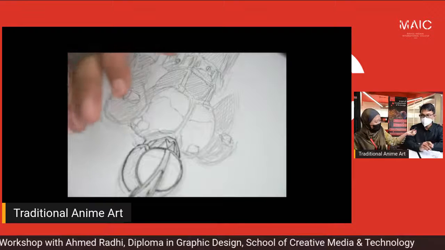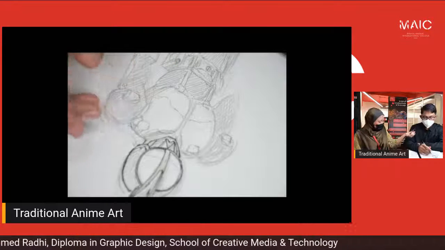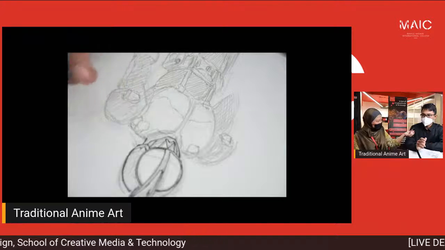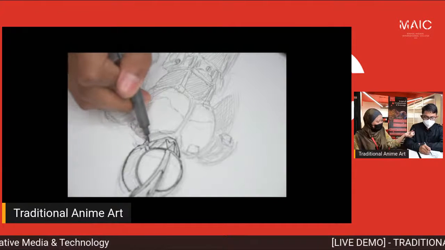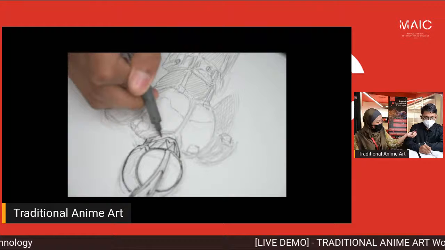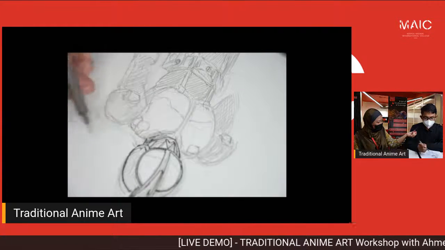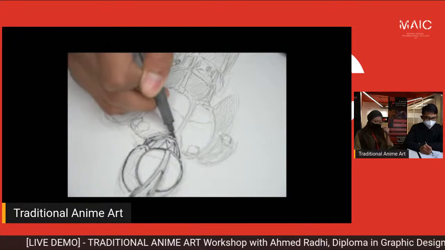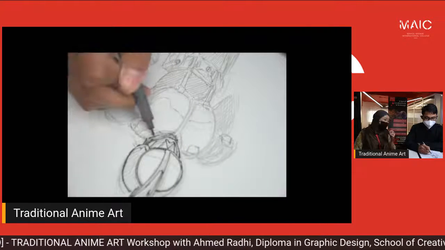It depends on what the consumers or the people want. It may change, like a different outcome. Yes, I can agree with that, because I can see also in Malaysia, right, Radhi,